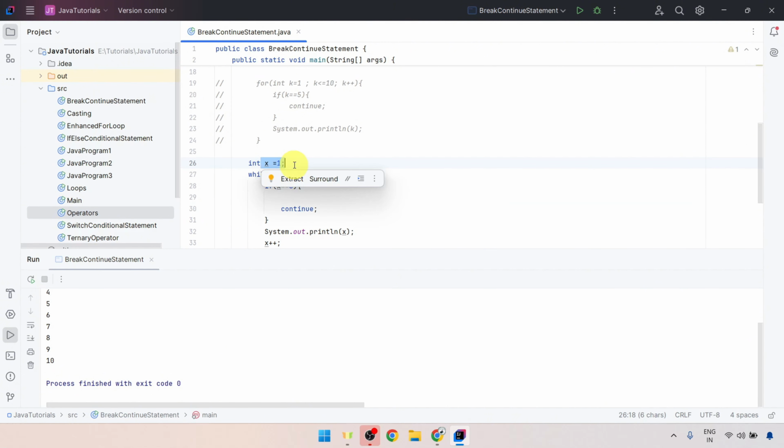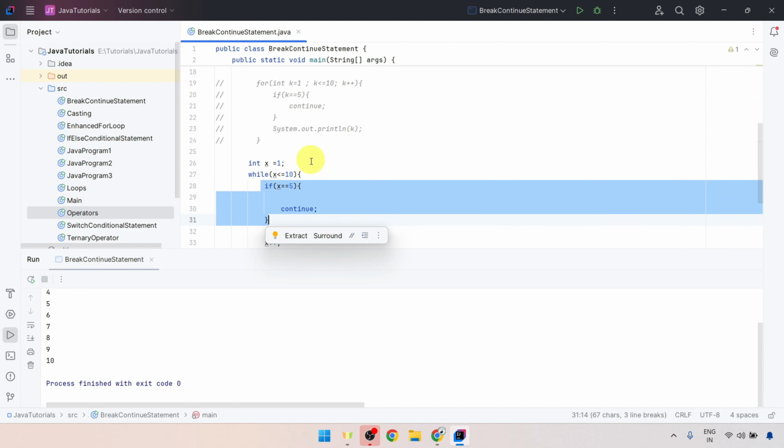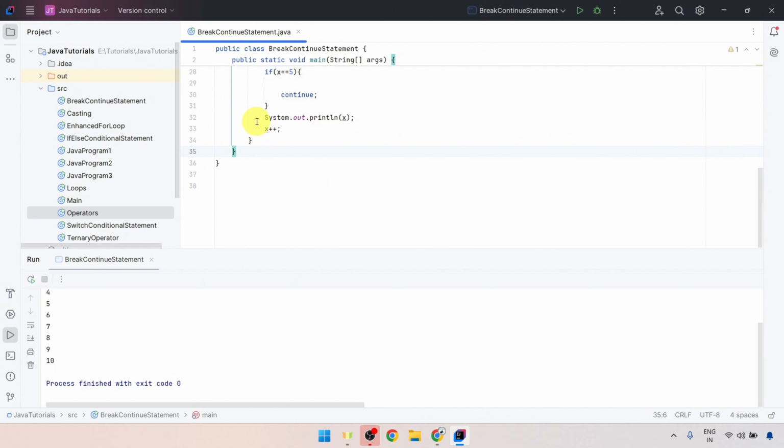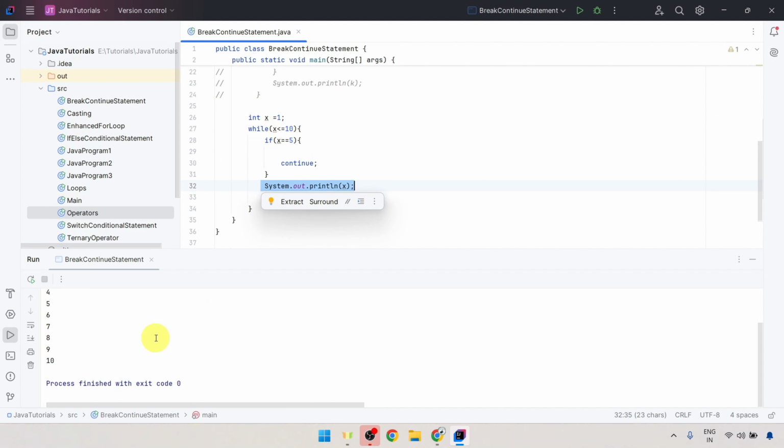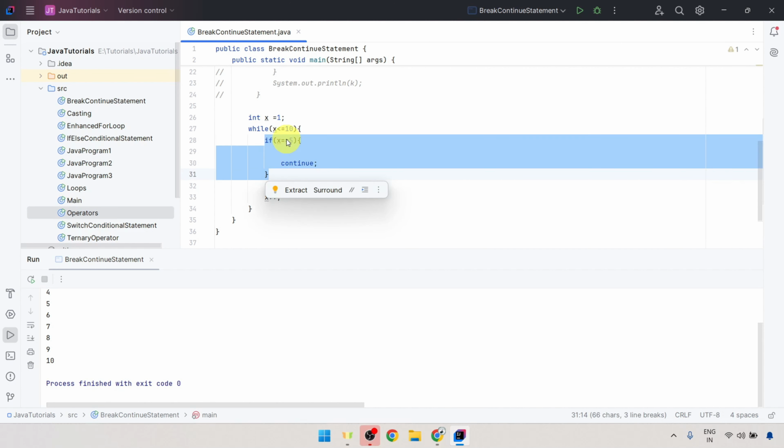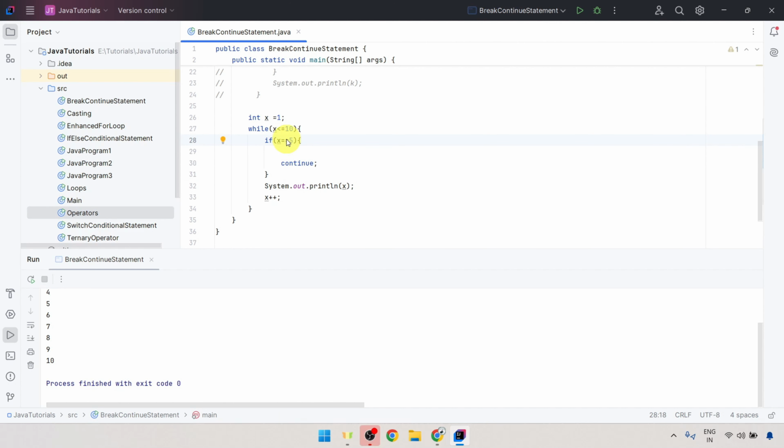First, once the value of x is initialized with 1, it will come to this particular condition where 1 is less than or equal to 10, and inside this while loop this if condition would be false because 1 is not equal to 5, and it will come to this line where it will print the value. Initially it is 1, so it will print 1, and then it will increment the value. But what we have done is put the continue statement inside the if condition where we are checking that x == 5, and as soon as the value comes to 5, it will come inside this if condition